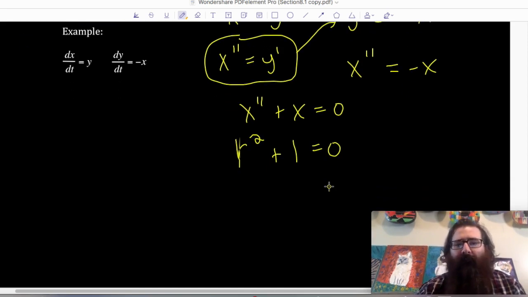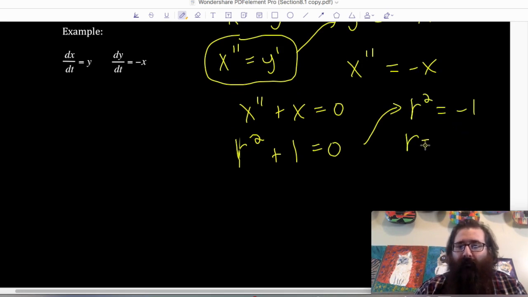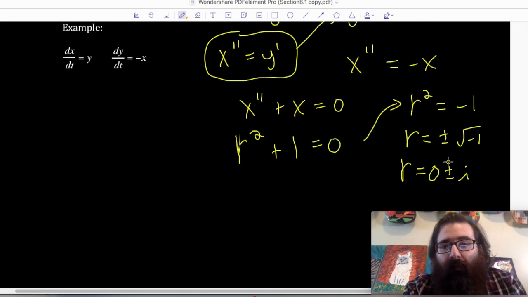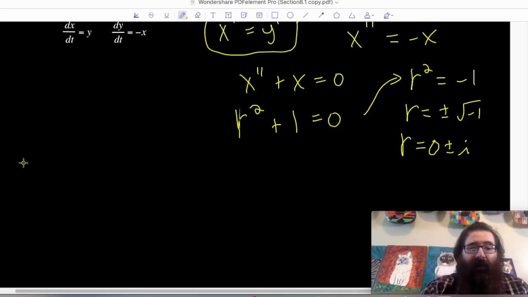If I try to solve this for r, that means r squared is equal to negative 1. So r is plus or minus the square root of negative 1, or that means r is plus or minus i. But notice that the real part is missing, meaning the real part is 0. So when I go to build the solution on x, we would say,